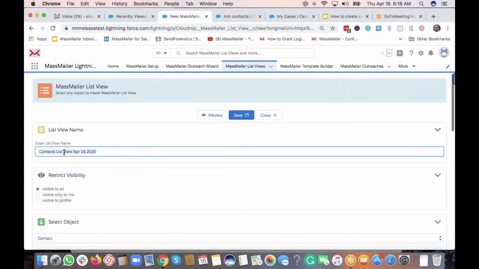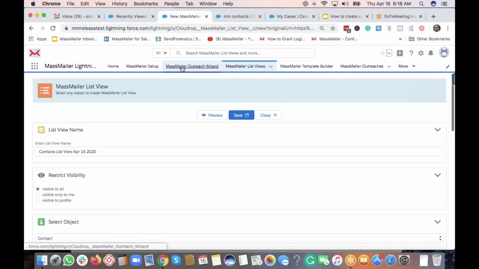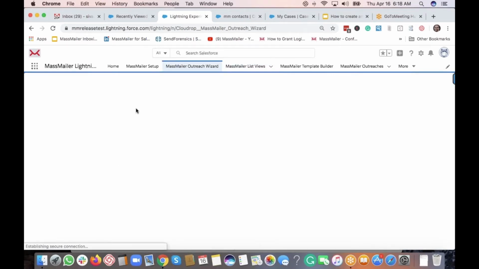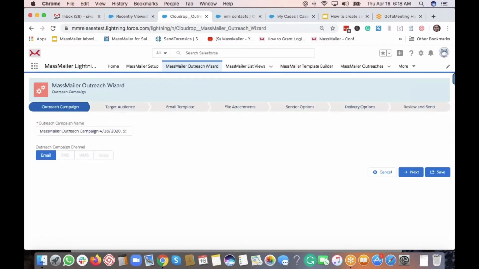So let's try to remember the name. So this is the name that we gave. Once you have the list view created, then you would actually go to Outreach Wizard. So this is one way to send emails. We're going to talk about the Salesforce list view as well. So here,